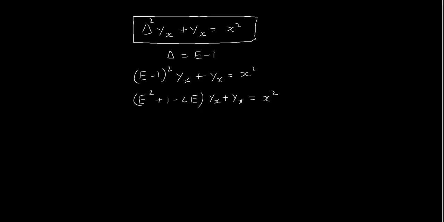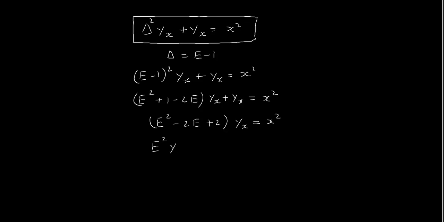So if we simplify more, then this becomes E square minus 2E plus 2 y_x equal to x square. And we operate the shift operator over y_x, then this becomes E square